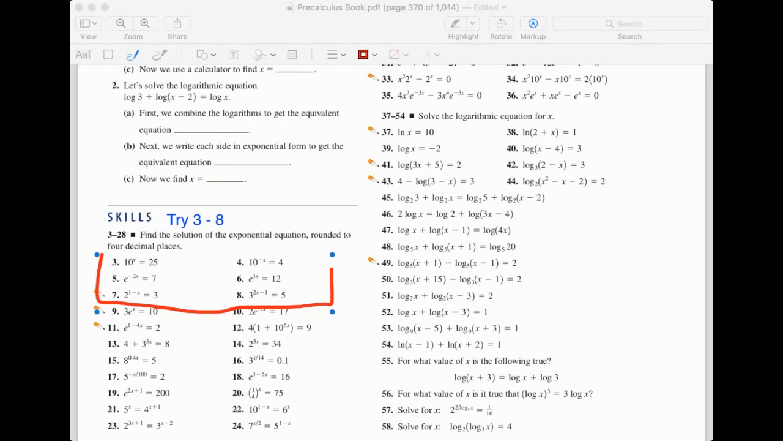Okay, so I'm going to be working on 3. We have 10 to the power of x equals 25. For the first step, we have to take the log base 10 on both sides, to then expand the log of 10 to the power of x by moving x outside of the logarithm. So we're going to have x in front of the log 10 equals the log of 25. Then we're going to be